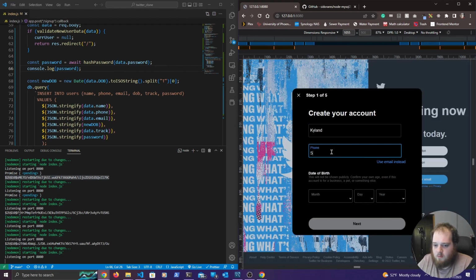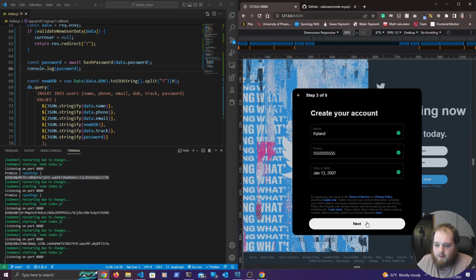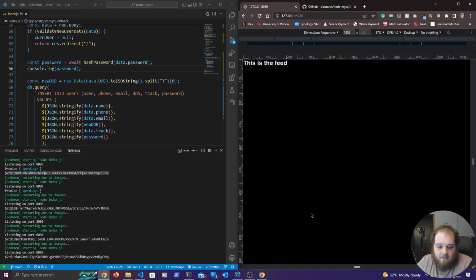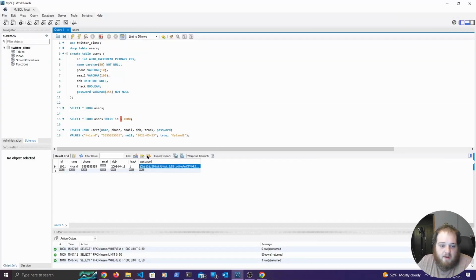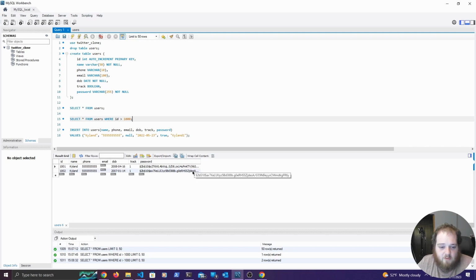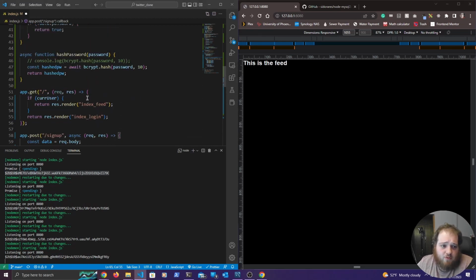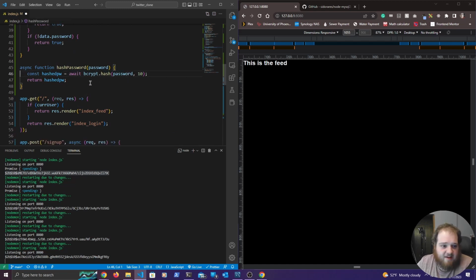Just to make sure it wasn't a fluke, you know, I'm kind of weird about that. Sometimes things work, sometimes things don't. I'm going to use a completely random password. I have no idea what it is. We'll sign up, and if we run this line again, okay, looks like we did get a hashed password stored in the database again. So it was not just a fluke. Fantastic. Alright, so now that we've got that set up, and I'm sure there's some kind of bug around here somewhere that I'm missing, but